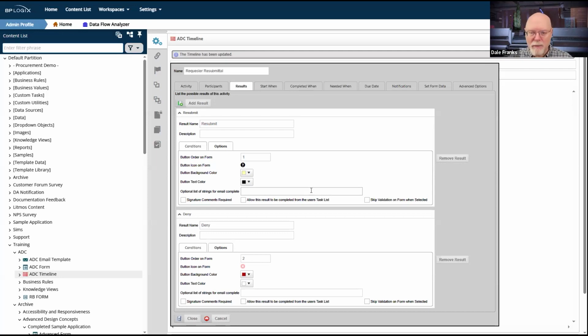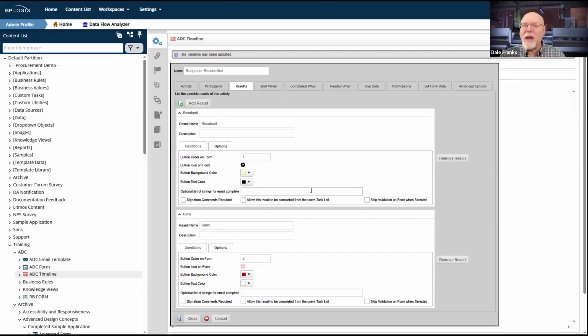As I've said many times at BP Logix, our convention is the most positive result is first, and then the results are listed in order of most to least positive. So approvals are always first. Denials are always last. And as part of that, colors are important. Now, obviously, we don't depend on colors as the sole determinant for accessibility reasons. Green automatically means approval. That may be true, and if that is what you have decided, that you always want to use a green color for approval, then you need to do that everywhere.